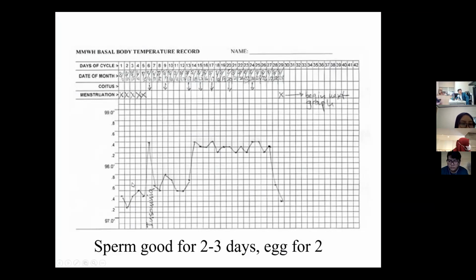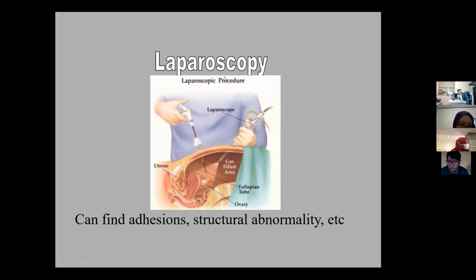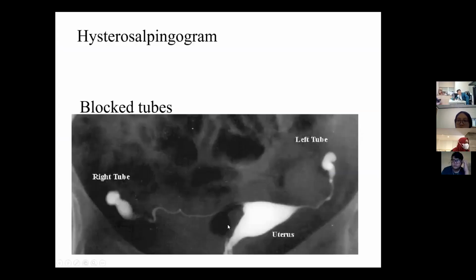Okay, so this is the body temperature. You take a record every day, and you can see the change of your body temperature. And we can do minimally invasive surgery, a laparoscopic exam, using video to look at the inside, to release the fallopian tube adhesion and to overcome structural abnormality. This is the hysterosalpingogram,